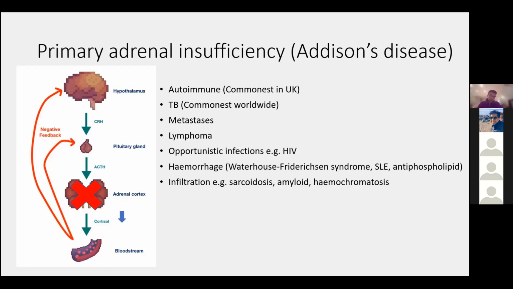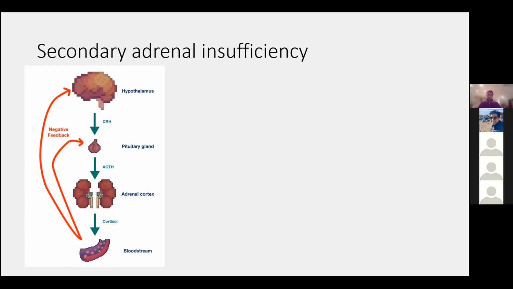Obviously you get reduced cortisol secretion and reduced negative feedback, so your ACTH will increase. Secondary adrenal insufficiency is due to a problem with the pituitary gland. This can happen if you've abruptly withdrawn someone's steroid treatment, so their pituitary gland hasn't had a chance to respond and increase the ACTH because it's been chronically suppressed, or in a patient who has hypopituitarism, so they're naturally not producing ACTH, and this will cause their cortisol levels to decrease.